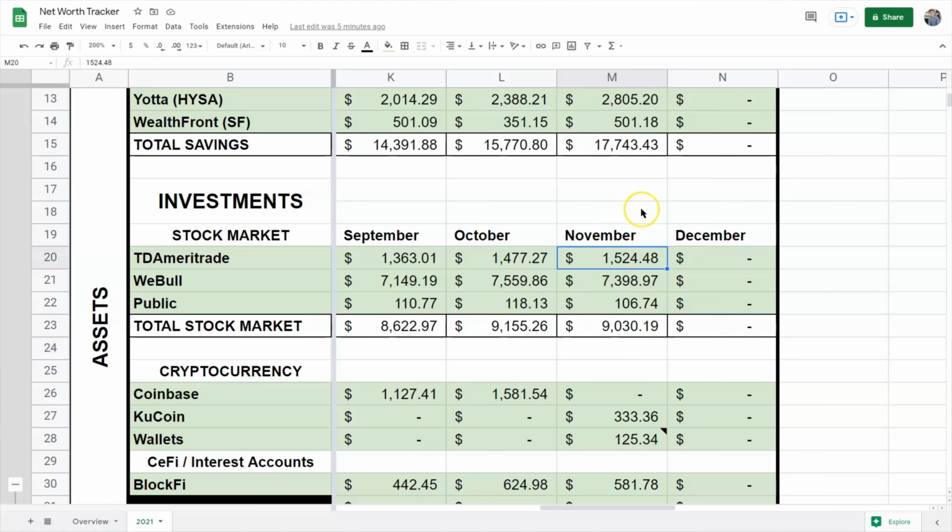I have $1,524.48. And then for Webull, I have $7,398.97. And lastly, for Public, it's at $106.74. Overall, my total stock market portfolio is at around